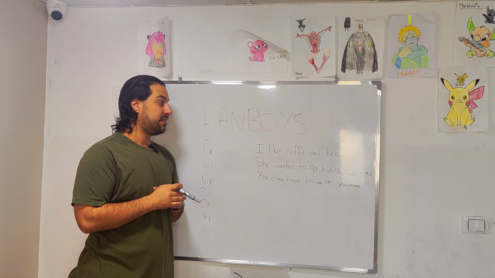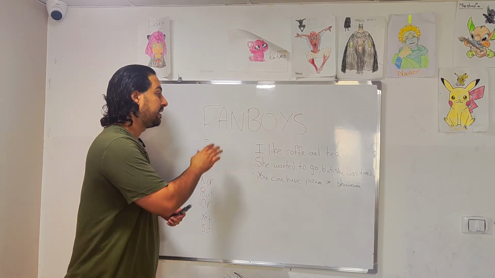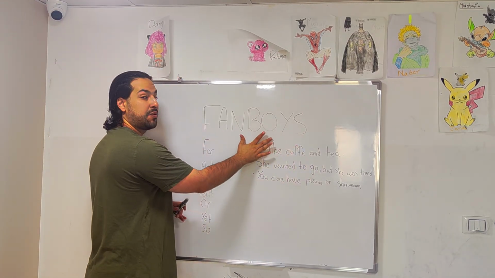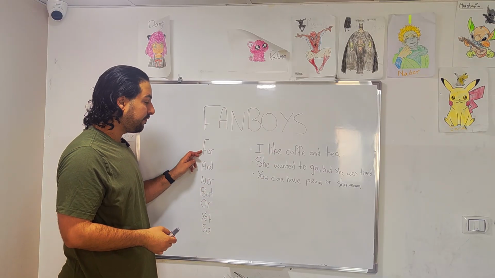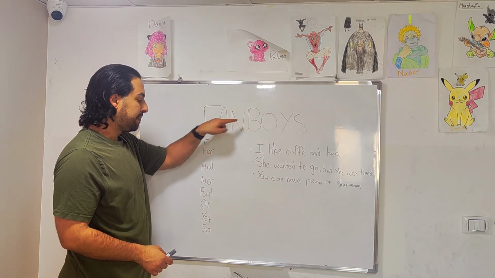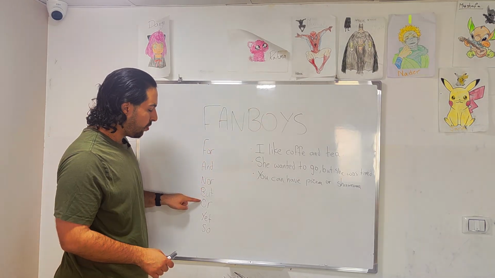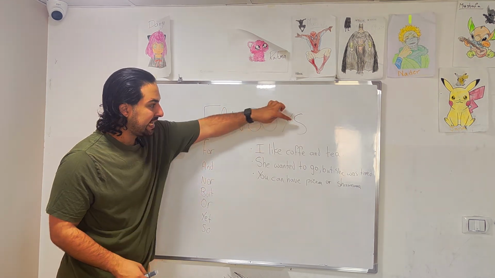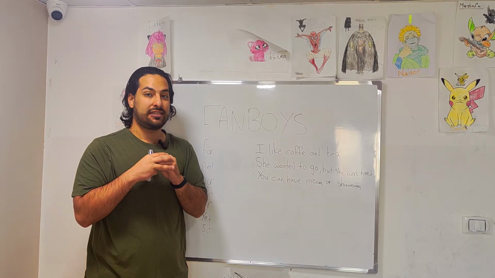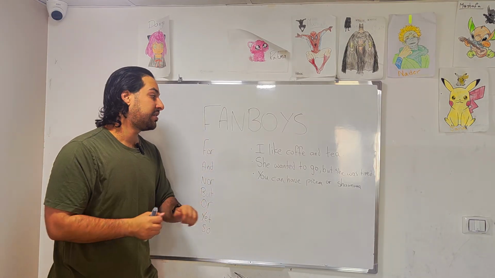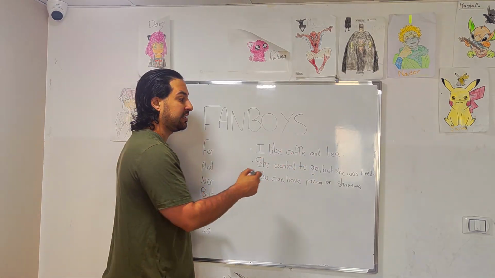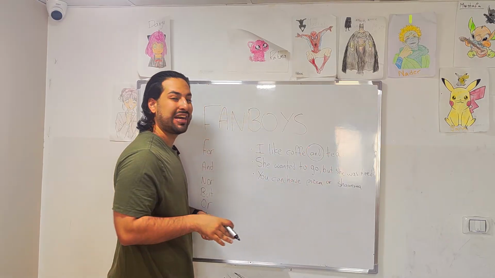Now we have conjunctions, and we have 7 of them. FANBOYS, 1, 2, 3, 4, 5, 6, 7. It helps memorize this because the F is for, A, and, N, nor, B, but, O, or, Y, yet, and S is so. These conjunctions help us connect sentences and show ideas. For example, I like coffee and tea. So we're just introducing different things to show that we're adding an idea.